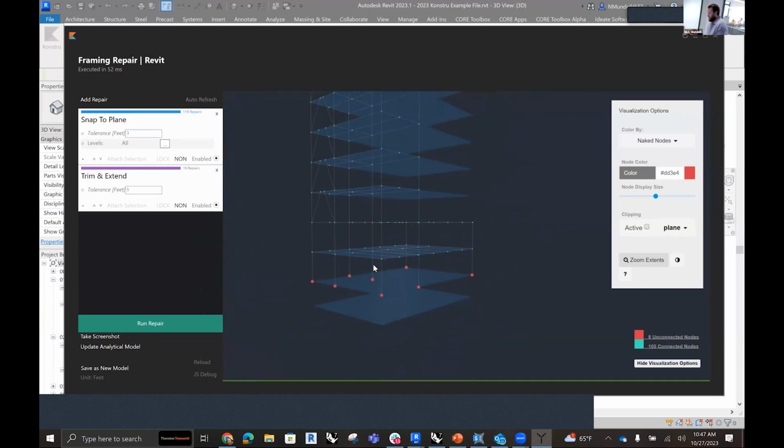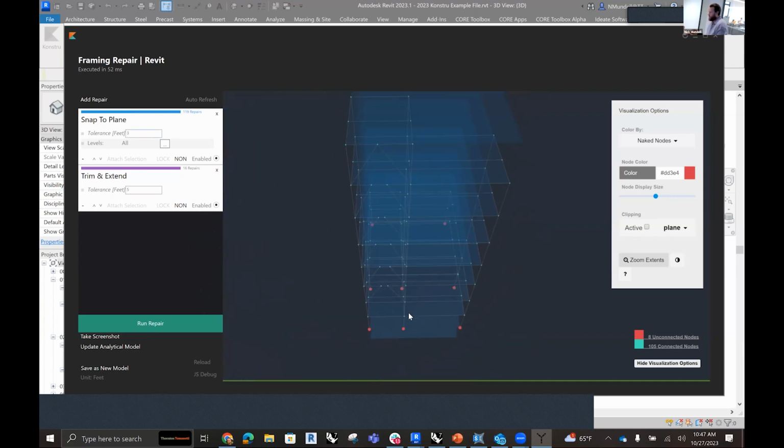So this might look pretty good as far as repair goes, but what I would point out here is that even if something's connected, it can still be in the wrong position. And what I'm going to point out here is my brace frame. As you can see, it looks like really only the top chevron condition is connected in a nice position